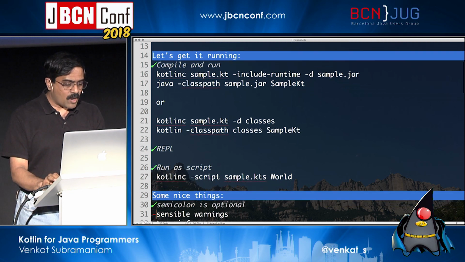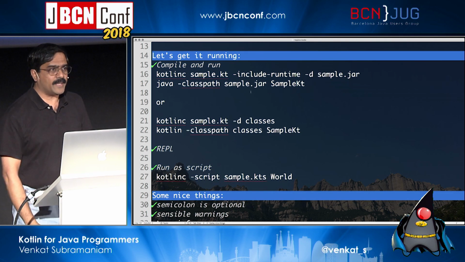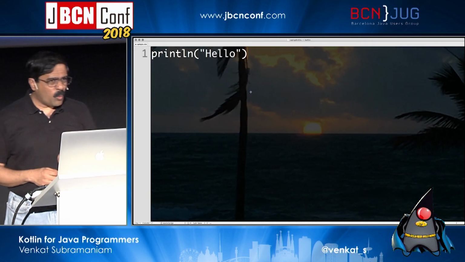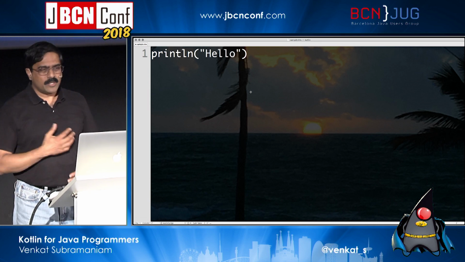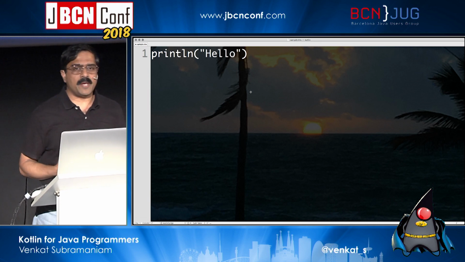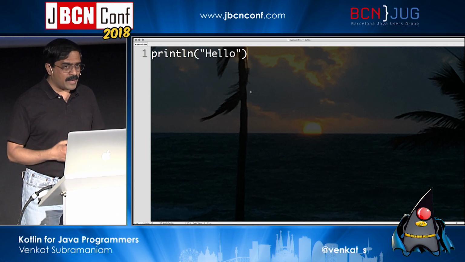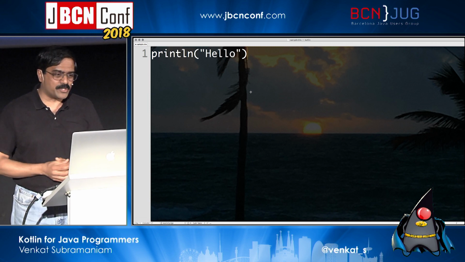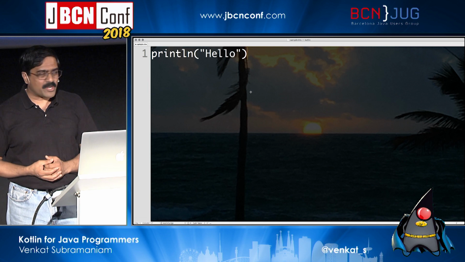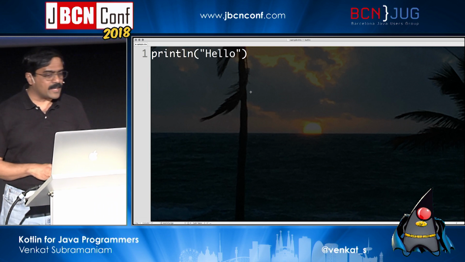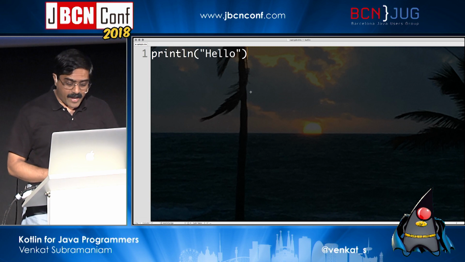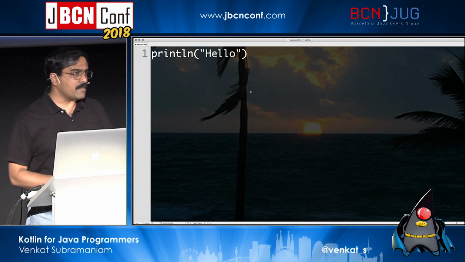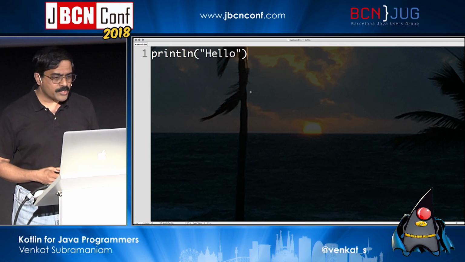Well, of course, there are some really nice, sensible warnings that Kotlin can give us. So, for example, one of the benefits of using a compiler is to really get errors and warnings early on so we can detect those and fix them in the code. Well, I'm a huge fan of automated testing, I mentioned, so a lot of times I write tests to know if my code actually works, but I'm not going to discard the power and the benefit a good compiler can give us, and so we can find out errors, and I'm generally a big fan of treating warnings as errors, so if there's a warning in my code, I normally turn that into an error